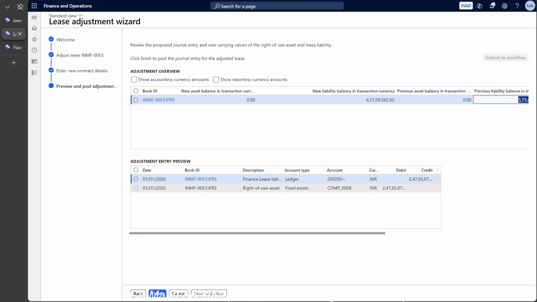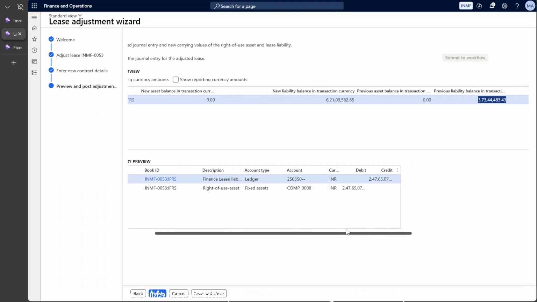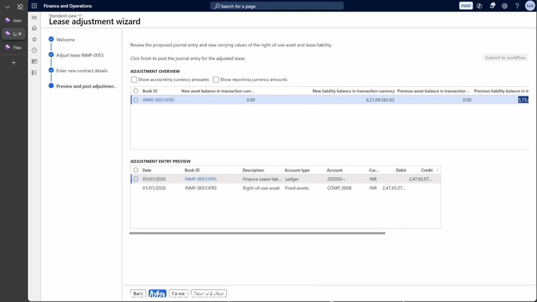Now you can see what is going to be my adjustment. The adjustment is simple. Whatever increase in my liability will be added to my ROU asset. So the ROU asset will be debited, liability will be credited, and you can see this account, right? Also, one more thing, in this case the entry will be acquisition adjustment. So once I click on the finish button,